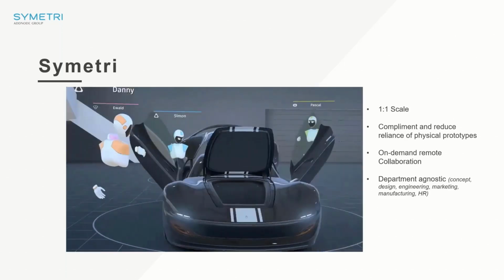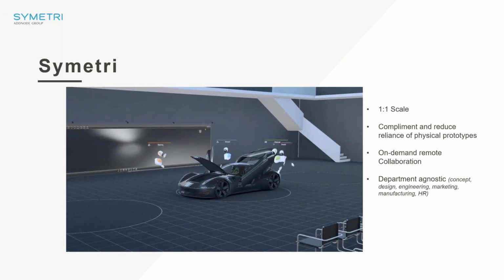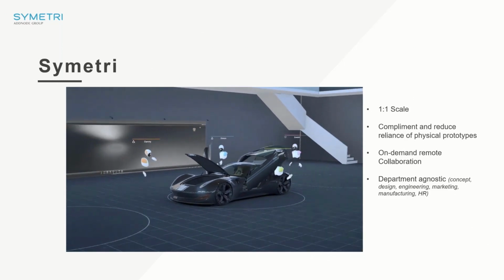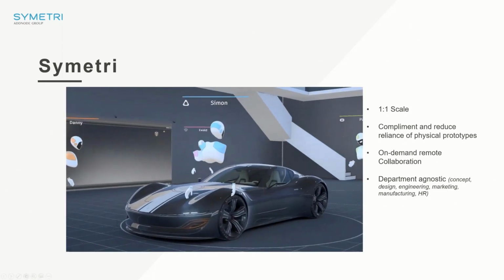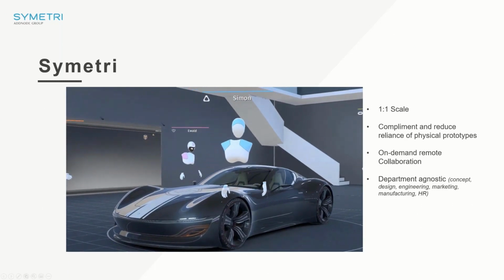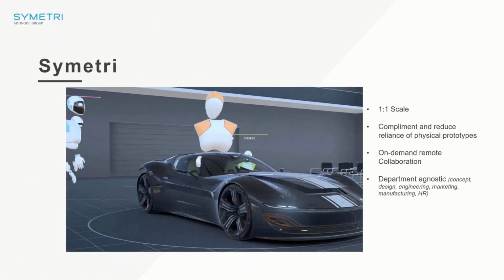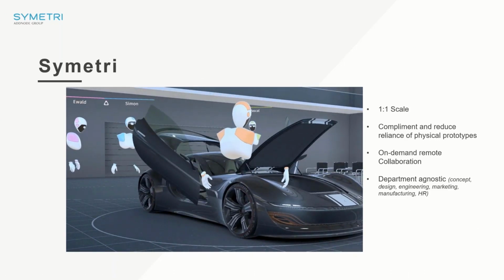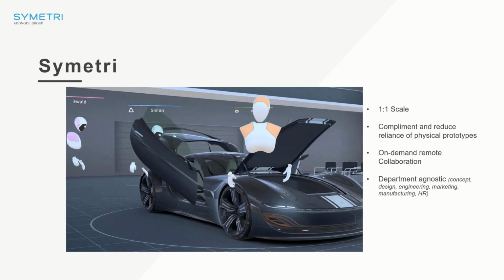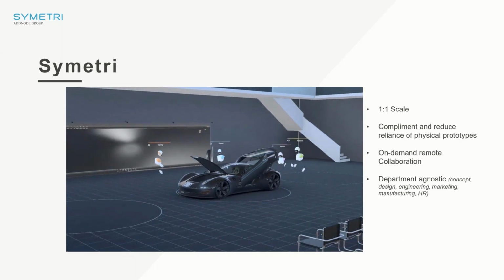So adopting a viz strategy like this, you can see here, to include VR means that companies are capable of reviewing their data at scale, quickly identifying issues typically associated to physical properties. You don't have to wait for calendars to align. You don't have to wait for prototypes to be tooled. You can use VR collaboration on demand, and you can pretty much conduct transcontinental remote design reviews with your team immediately. And I know that there's a couple of you on the call that are already doing this and have developed your own platforms, which is brilliant.